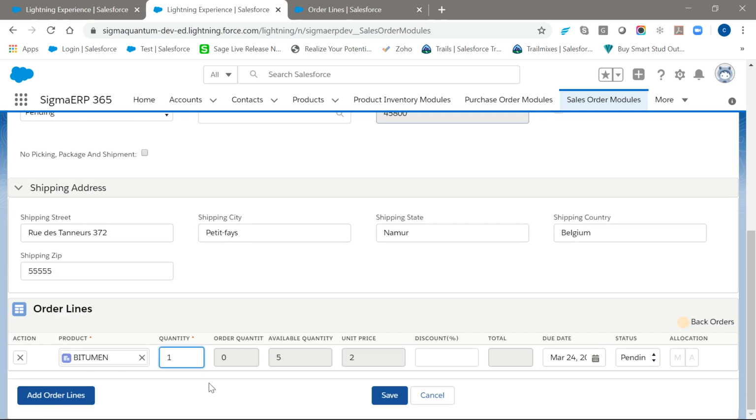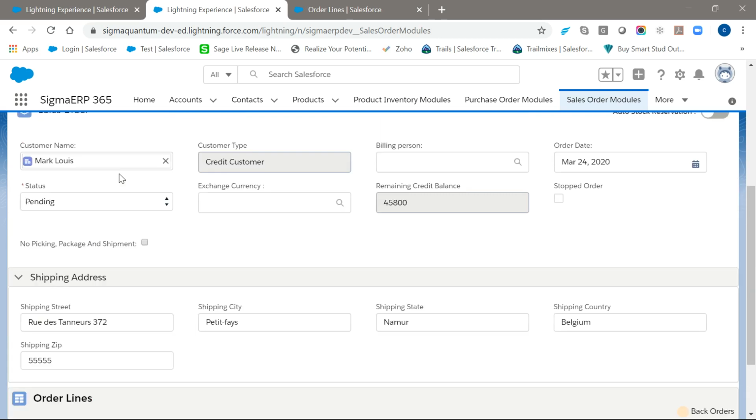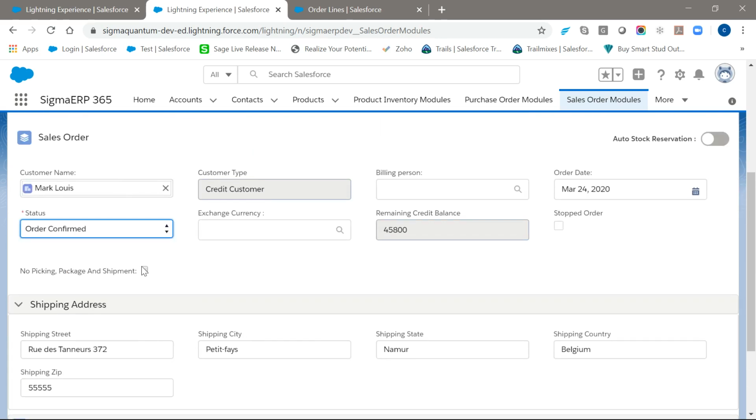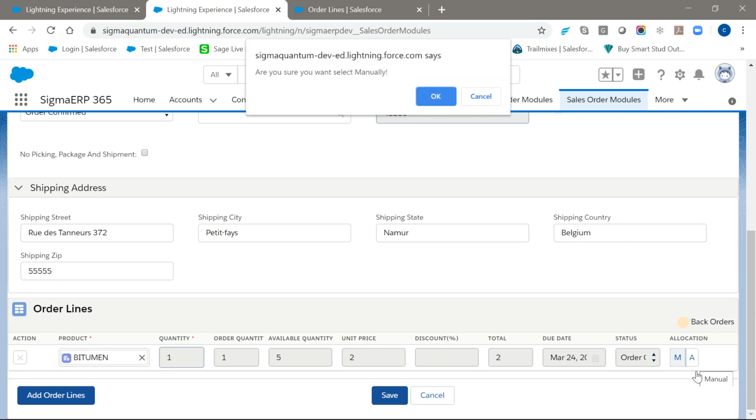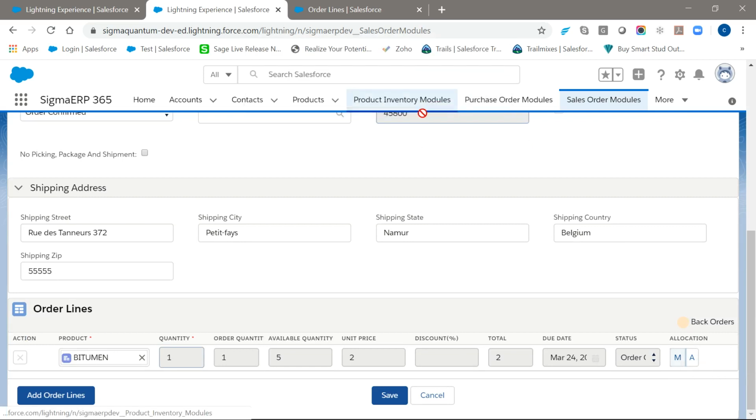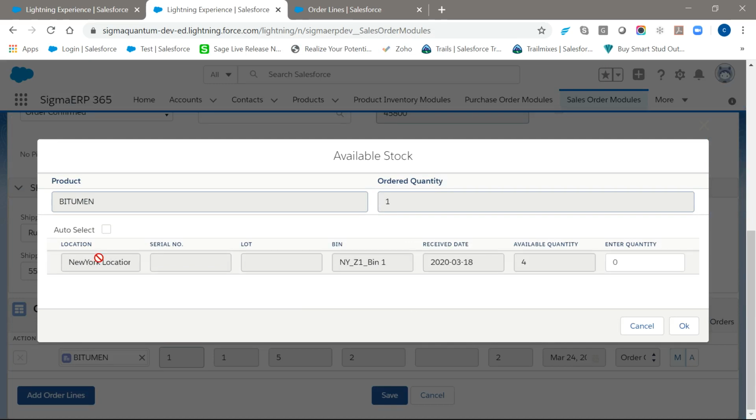I will place one quantity for the order, and I'll confirm the order. So now I can manually allocate or auto allocate against each of these lines. I'll go ahead with manual allocation so that I can show you the process of how it can be done over here.